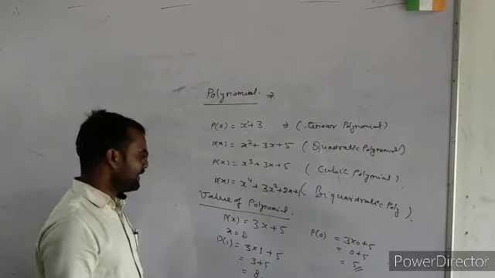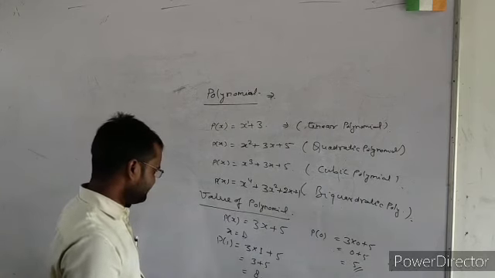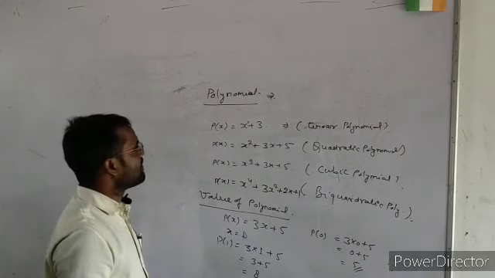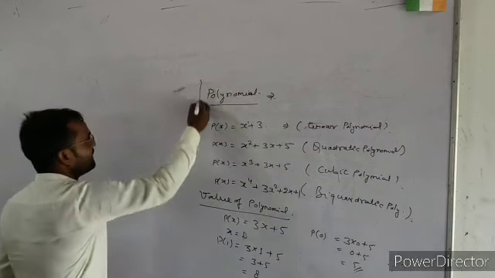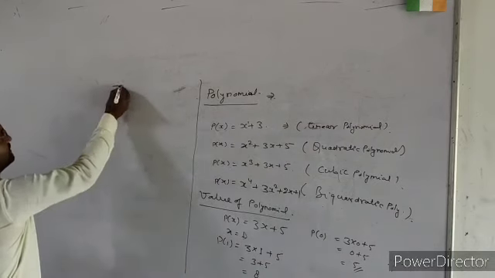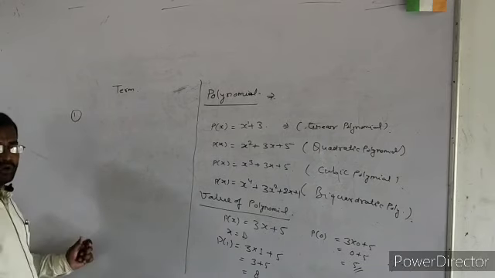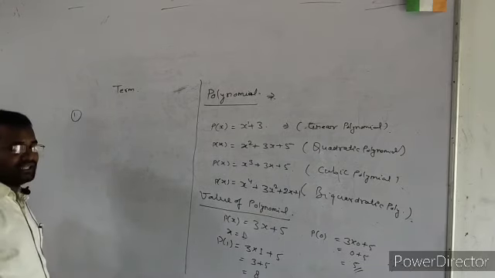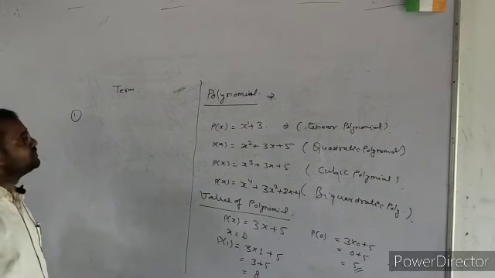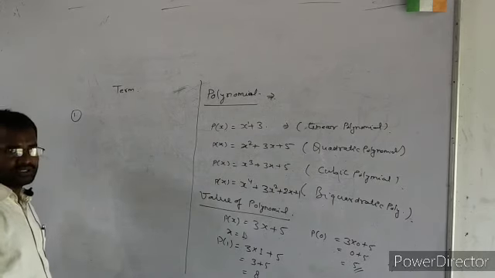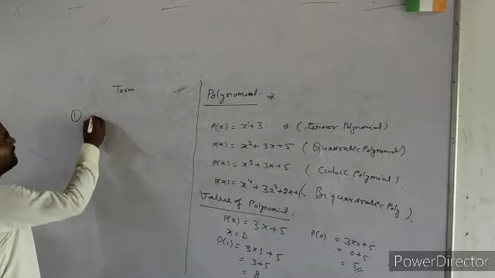Okay students, now we discuss many definitions on the basis of term. Any polynomial which contains only one term is known as a monomial. Now we see that any polynomial p(x)